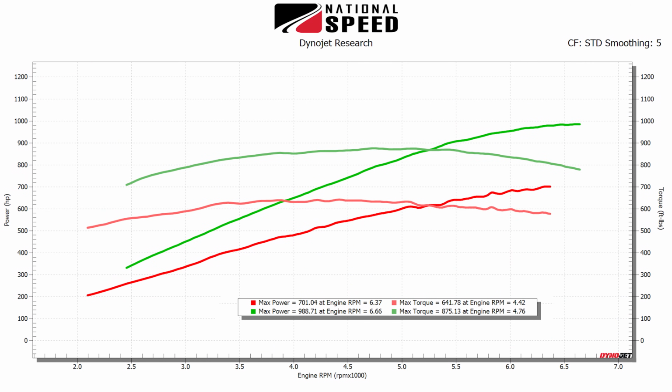Yep, with our Stage-2 plus E85 package, that's 989 wheel horsepower and 875 pound-feet of torque. That's peak gains of an absolutely staggering 288 wheel horsepower and 233 pound-feet of torque, with maximum torque gains coming in at 263 pound-feet. But that's great for someone who's running E85 full-time, but what if you want to run